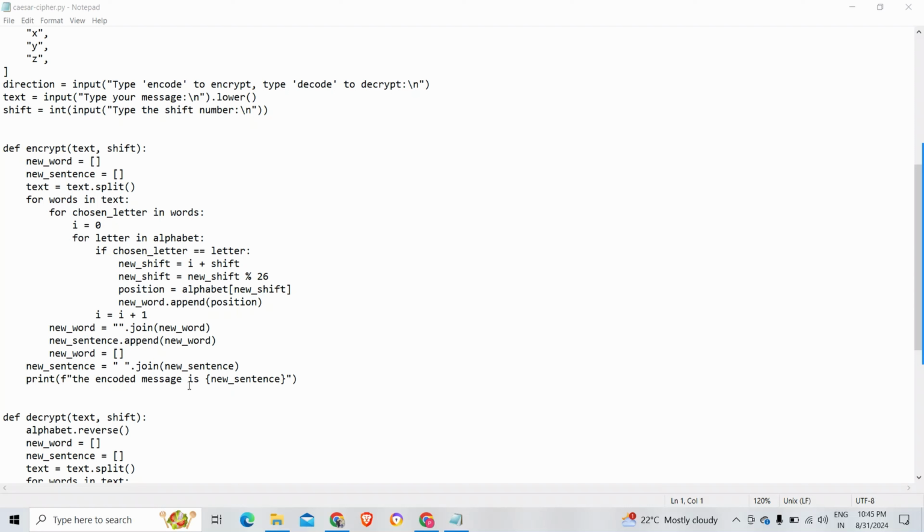Then we have text.split(). This splits the input text into a list of words based on spaces. Then we have for word in text, which iterates over each word in the text list. Then we have for chosen_letter in word, it iterates over the current word, which is i = 0. This initializes a counter i to keep track of the position of each letter